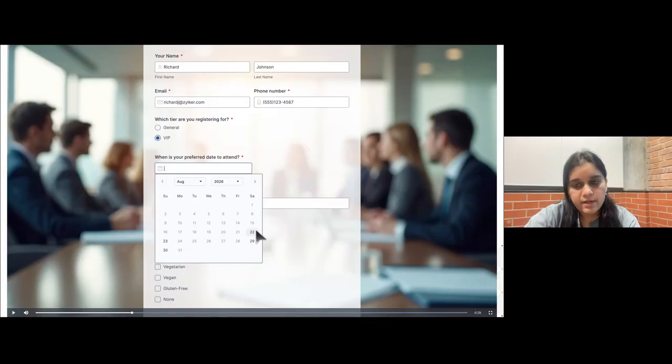The registration experience for your respondents does not have to begin with typing, right? They don't have to type all the details. Attendees registering for corporate events often have their business cards ready. So instead of asking them to manually enter the information, we can let them simply upload a photo of their business card,